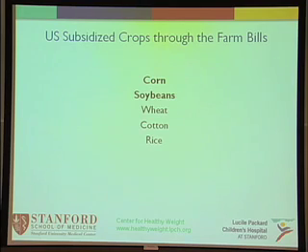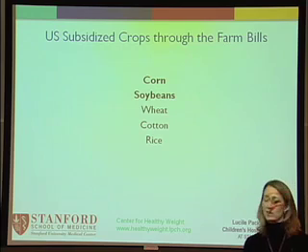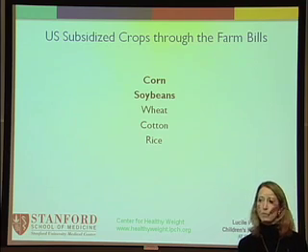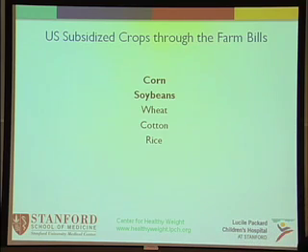Why is that? Well, it's because these are the crops that are subsidized through the Farm Bill: corn, soybeans, wheat, cotton, and rice. The government pays farmers per bushel to produce these crops, and as a result, we have an overabundance of them. So what have we done? We've turned the corn into high fructose corn syrup. We've turned the soybeans into hydrogenated oils. We've turned them into these non-healthful products and created an enormous industry to infuse these into Twinkies.